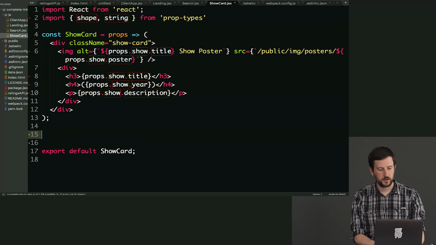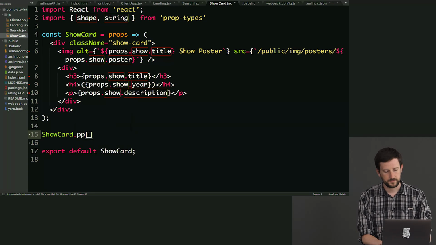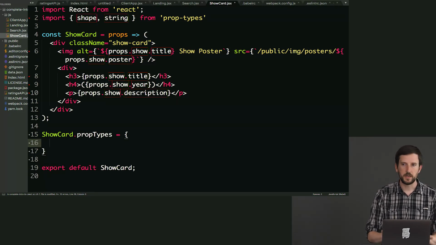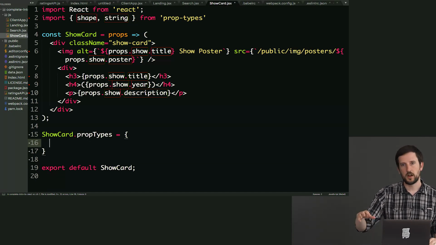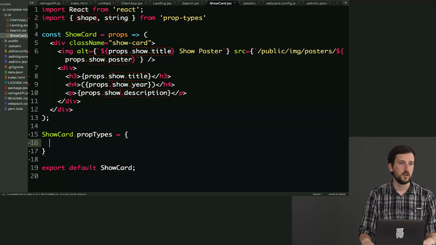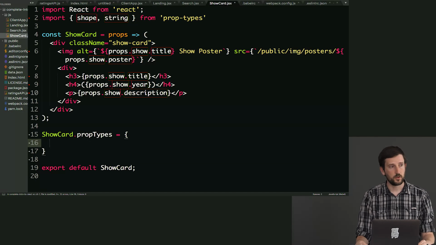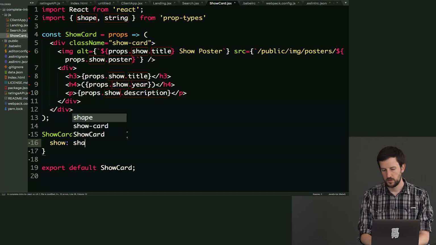Then underneath show card, we're going to say showCard.propTypes. And I should say proptypes are by no means required. Notice this is a linting error, right? And our app still builds, it still runs just fine. What proptypes are going to do is a twofold thing for you. First of all, it's going to be a runtime check for you to see if you're including the right properties into show card. So what we're going to do here is we're going to say show: shape,